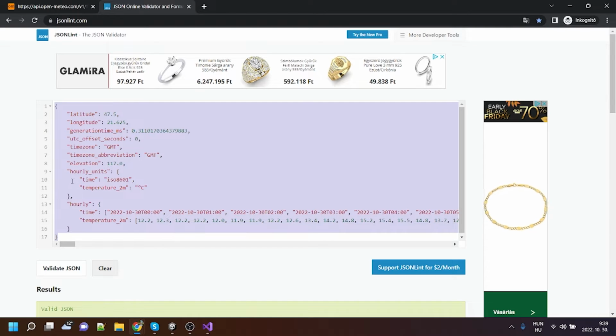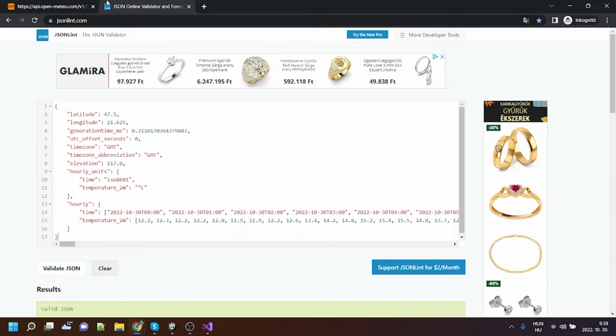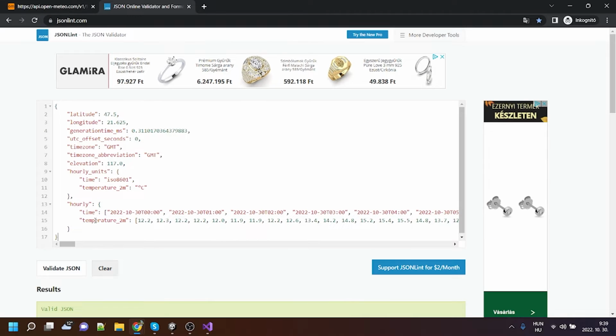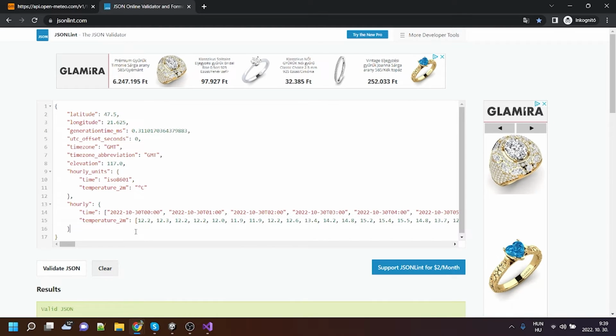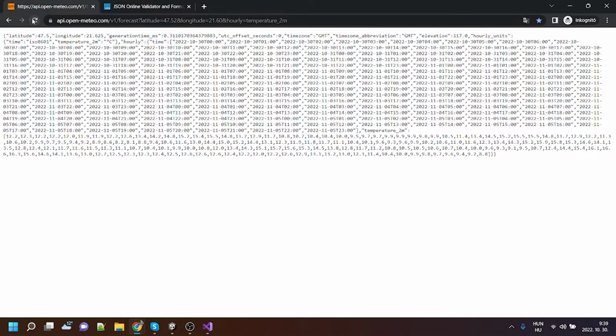We understood the response of that API, and we found out which values to use: the time and the temperature. We can get those values by simply calling this URL. But of course, we don't want to open it manually and check the time and the corresponding temperature value, or display it manually,